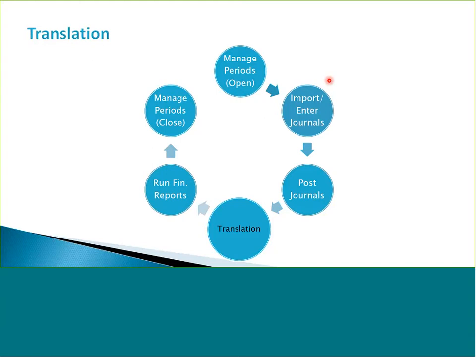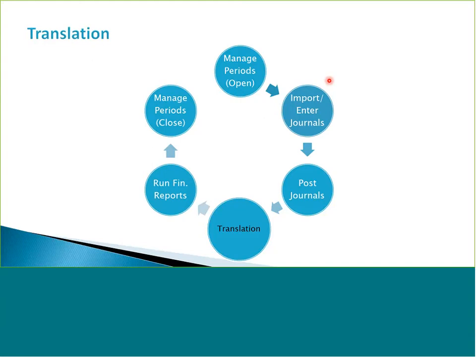So what we have to do is open periods for our primary ledger, the one which is in our functional currency. Then we can import journals, or we can generate journals or enter journals. And then we post these journals so that we can affect the